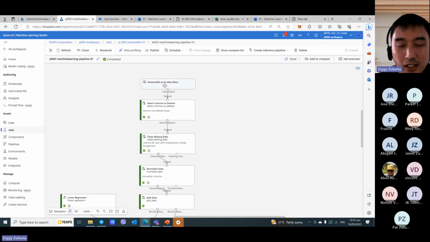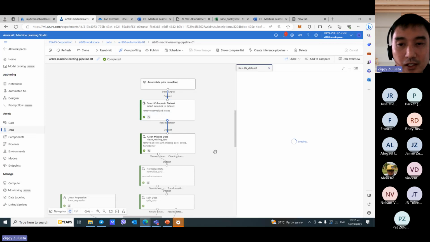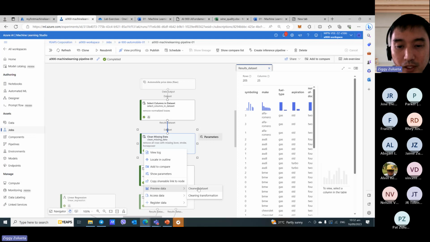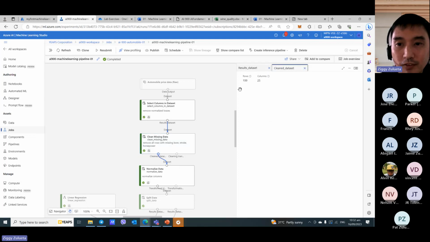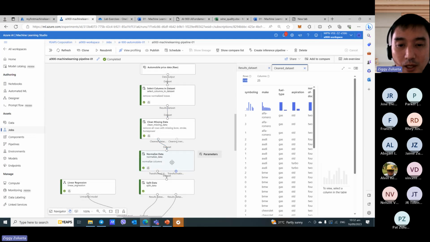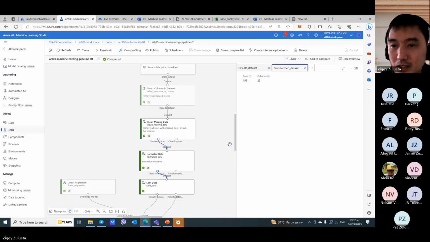So this automobile, I selected it. So this is what will happen, no? If you look at it, once I run this, here's the result that will happen. You can see that the normalized columns was already removed. And then from here, clean missing data. From 205 rows, if I click on it and I preview the clean data set, from 205 rows, it became 199 rows. And then from here, normalized data, if I preview it, what will happen is all my data, so